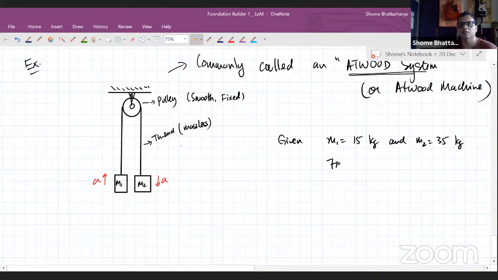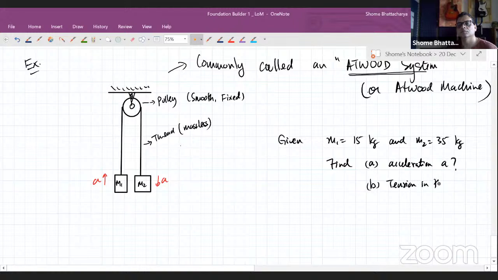We have to find the acceleration and we have to find the tension in the thread. Because it's a massless thread, the tension will be uniform. To find this out,